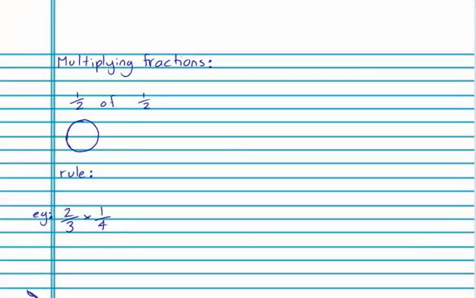Turning the page. Multiplying fractions. Let's just illustrate what happens when I multiply fractions. What if I said I ate half of half a pizza? Well, there's half a pizza. If I ate a half of that, then of course I ate a quarter of a pizza. And you know when we see of, it means times. So that tells me that a half times a half equals a quarter,